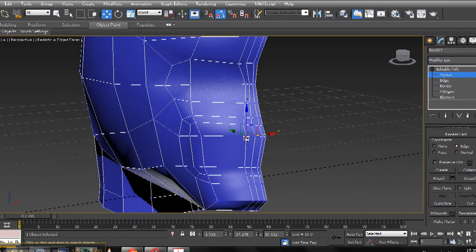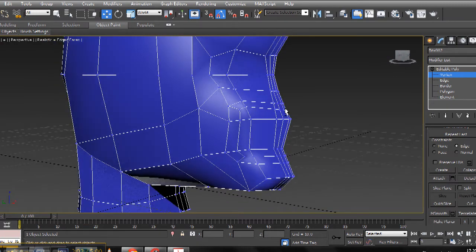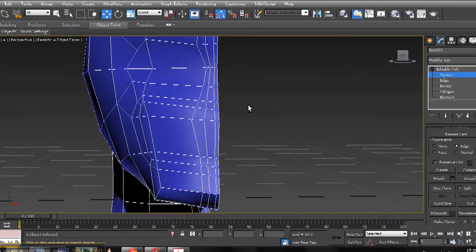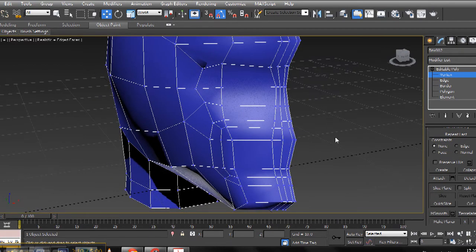There we go. I'm working these along. There we go, that's how we do that. So just do an edge constraint, turn that off. Okay,